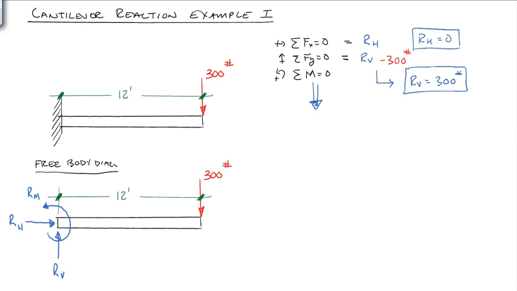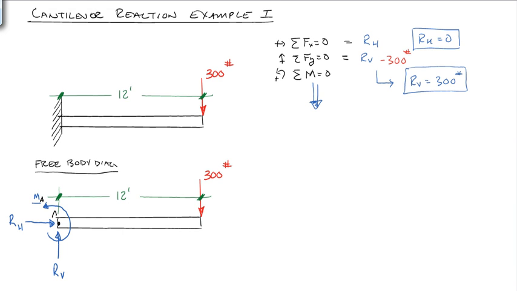This third equation is one that we haven't dealt with yet, a concentrated moment like this, and this is sometimes difficult for students to grapple with because we don't multiply that by a distance. We just use it as it is. A lot of times I like to call this just M. Okay, that might make it easier to understand. So let's just call this one M. That way we're not confused. And we'll call it M